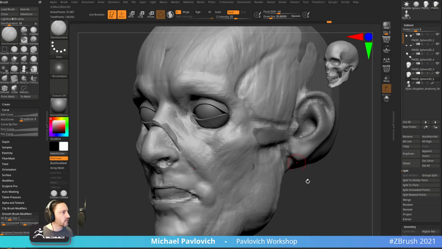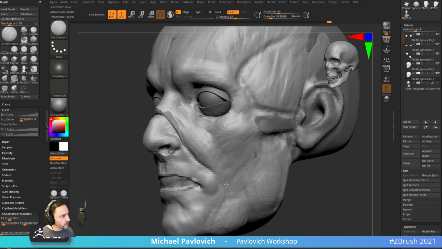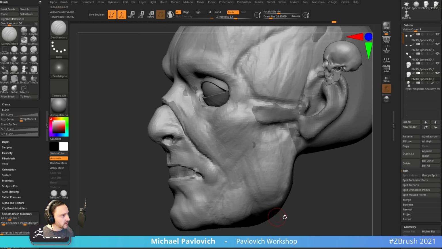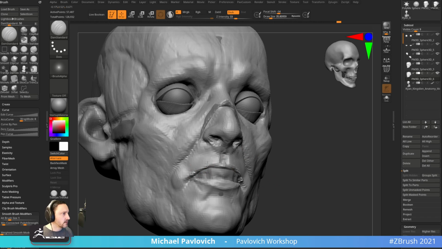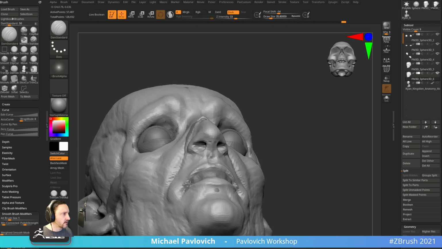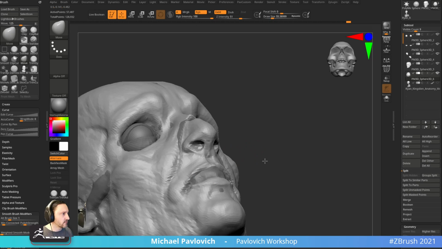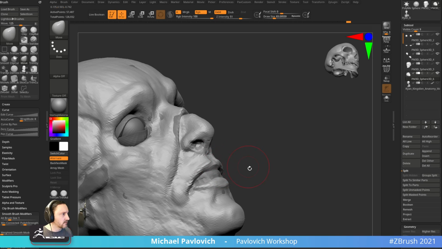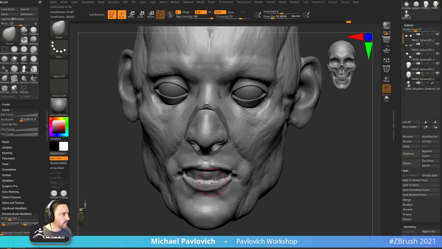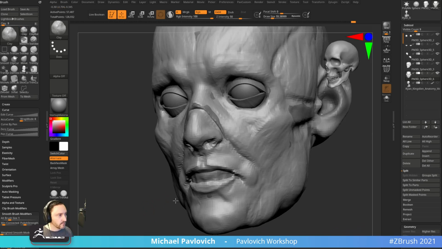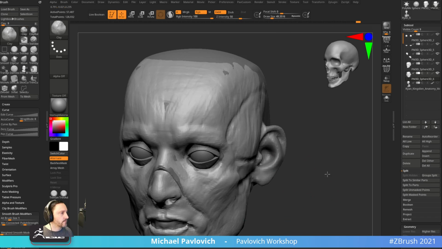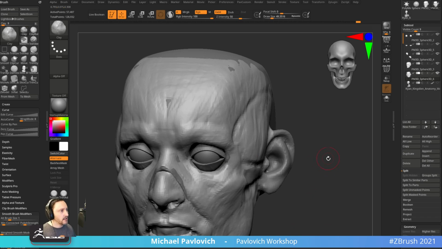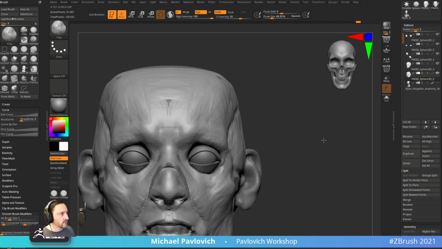Under your stroke menu is where your lazy radius is. We're going to use it, but we don't want that super strong. And then hold down Alt if we want to kind of pull out. I don't want to give him super thick, luscious lips or anything, but something a little bit more substantial, maybe. Just slightly. And then in here, this is going to again mostly be kind of that